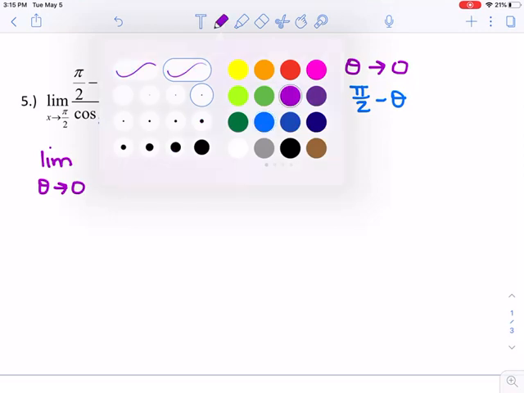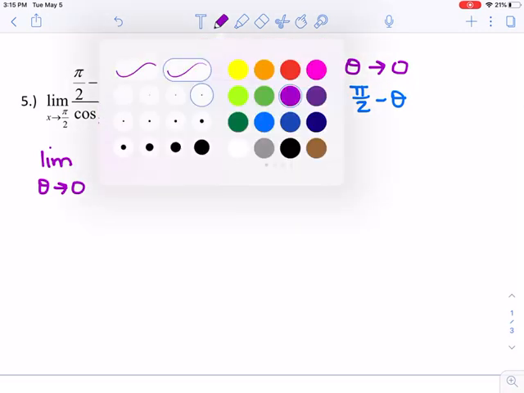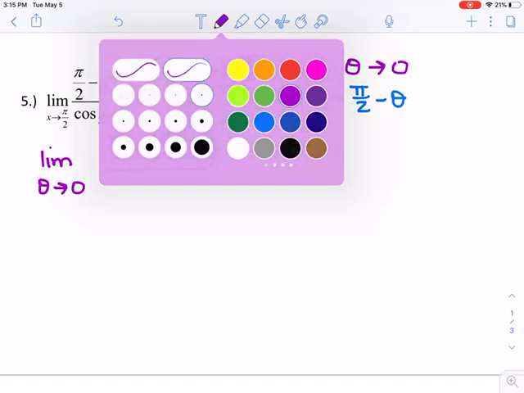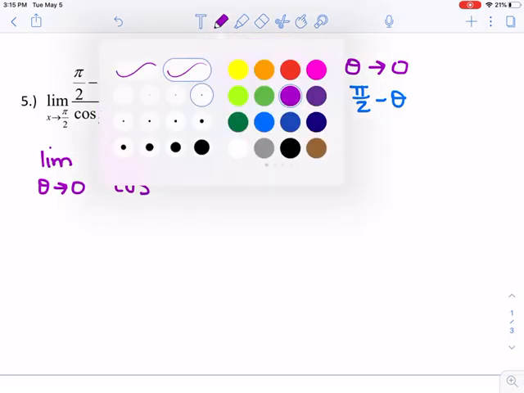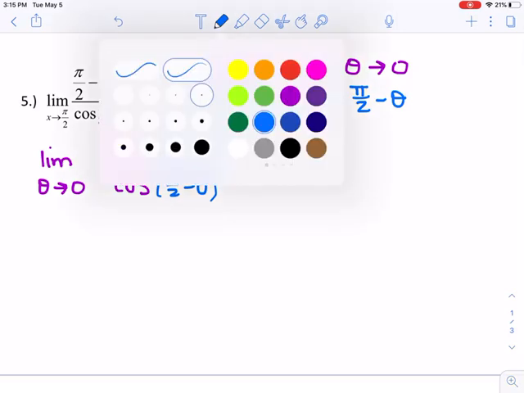So in the numerator, I'm going to have pi over 2 minus pi over 2 minus theta all over the cosine of pi over 2 minus theta. So if I simplify my numerator, my pi over 2's are going to cancel, and I'm just left with theta